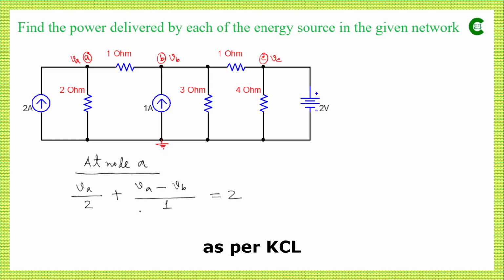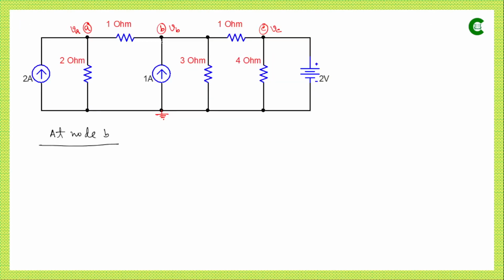So as per KCL, this is the current which is leaving, plus this is the current which is leaving, and the summation of those values will be equal to the incoming current which is approaching this node, which is 2. Now if we simplify this equation, the simplified form is this, which we have marked as our first equation. Now if we analyze node B, then we can see here that we have 4 branches